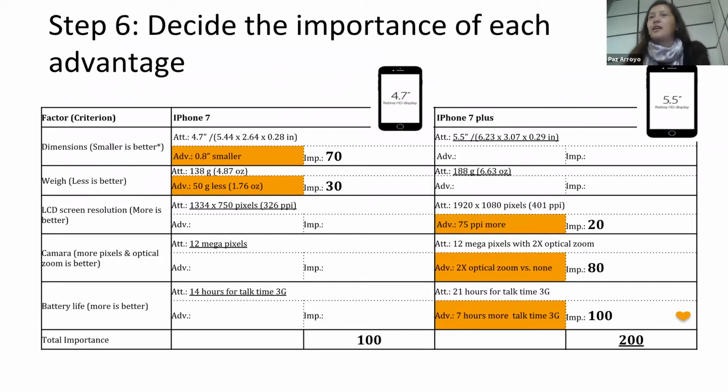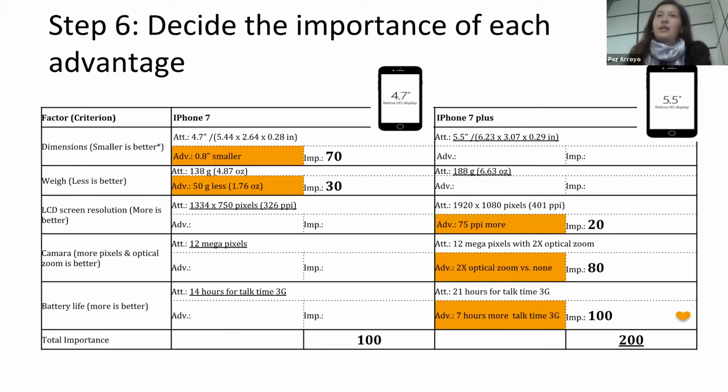So as you can see, the iPhone 7 Plus got 200 points of importance of advantages, and the other one got 100 points. So now a question that we got a lot is, well, okay, I understand you value more the advantages of the iPhone 7, but what about cost? We haven't talked about cost in this decision. And this is something that we do very purposely in CBA,